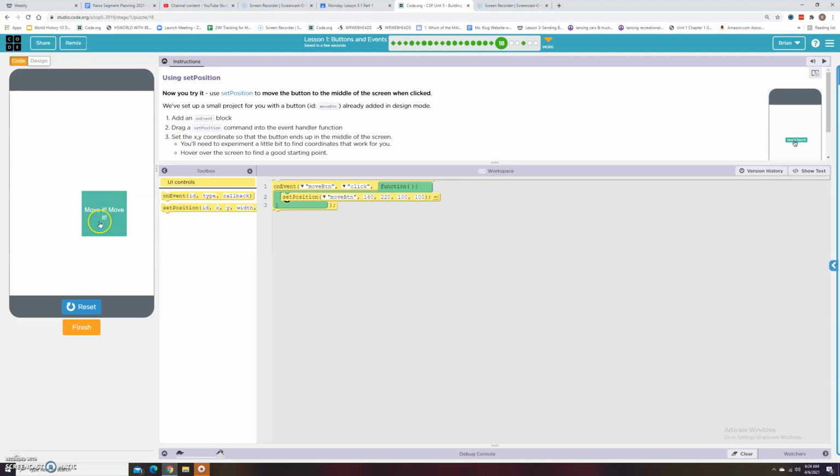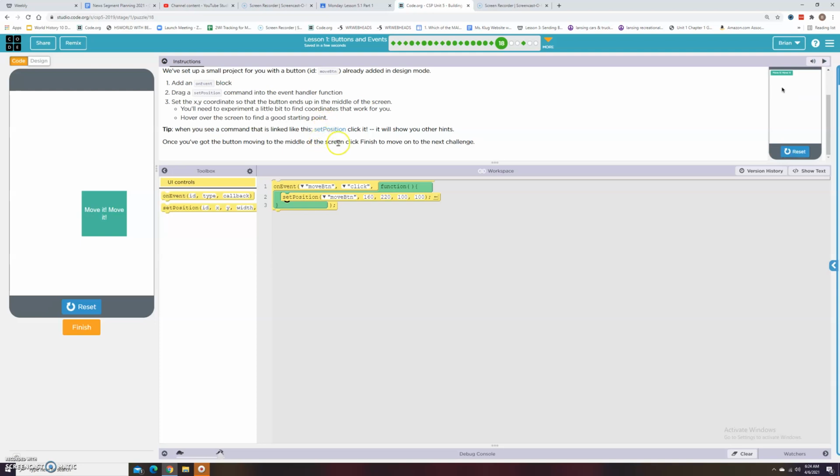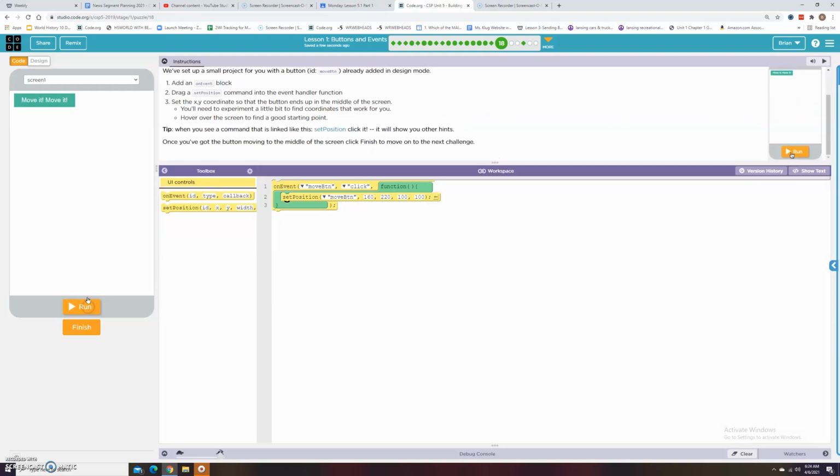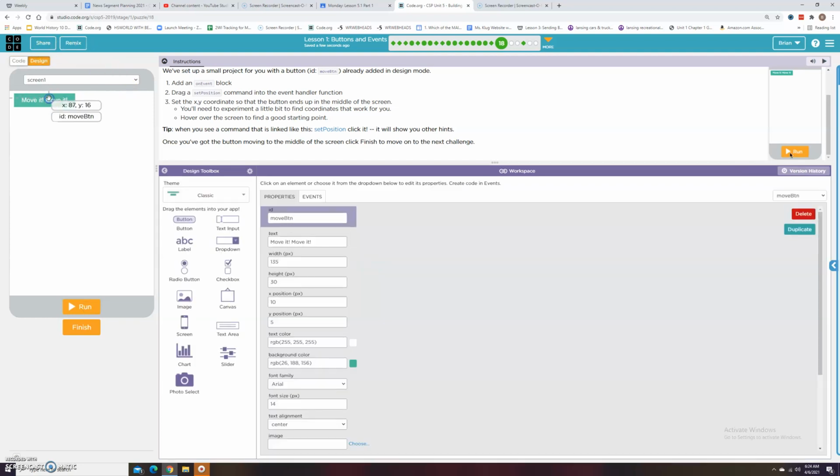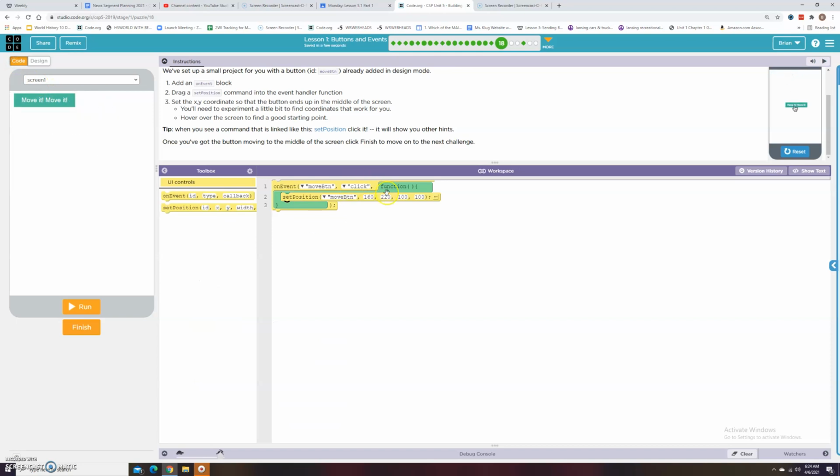Boop. Whoa, there it goes. And look, it's the top left corner of it. So maybe that's not really exactly the center like they had right here. And if we look in design mode and choose it, we could see it's 135 by 30. So if we want to change that size, we should probably put that in there. So 135 by 30,